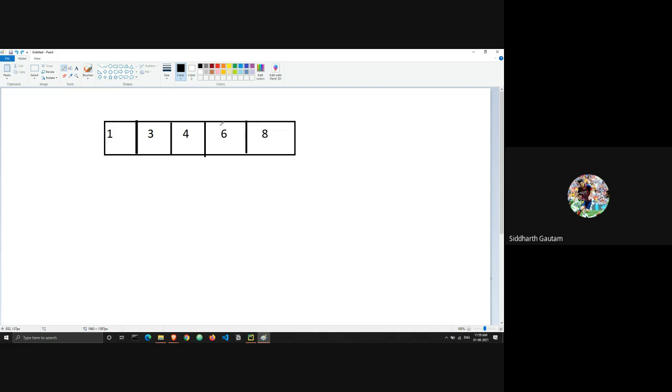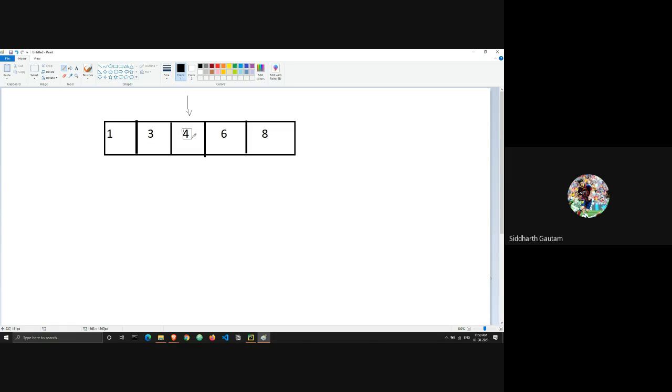Now we will look for an element. Let's take 2 more cases. Okay, we are looking for an element 4. If we look for element 4 using linear search, first we take a look at this, then we take a look at this, and then we take a look at this. We find our element 4 in 3 steps. But if we do binary search, we straight away look for the middlemost element first, right? So if we are searching for 4 in binary search, we get that in 1 step. Why? Because it is in the middle of the list.